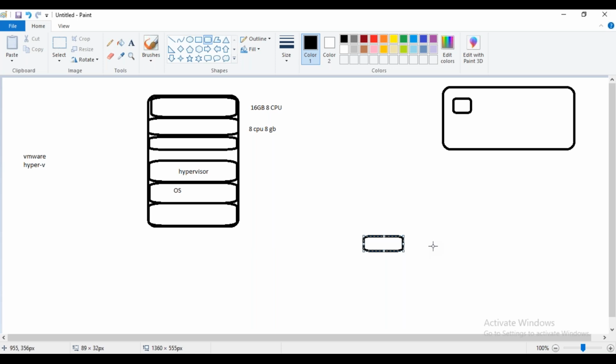Okay. So now in the cloud also, what we are going to do is create virtual machines and use them. We just connect to it, and whenever we don't want it, we can shut it down. So this is also good. Okay. So now what is the link between this?